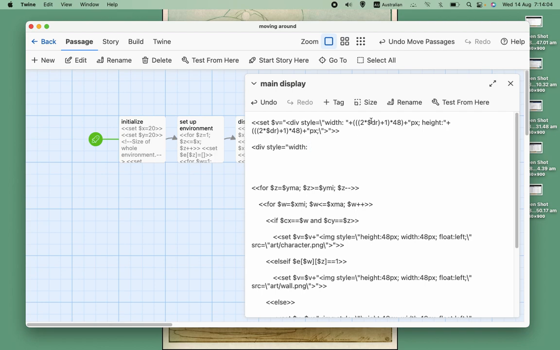Then you multiply dr by 2 and add 1. So in this case, it'll be 2 times dr, so that'll be 4, plus 1 is 5, and then 5 times 48, whatever that may be. So a little bit less than 250 pixels. I wouldn't say 2. So it'll be something like that, and then it'll be